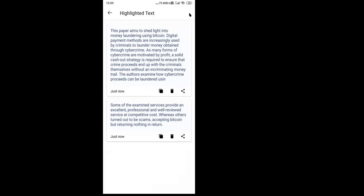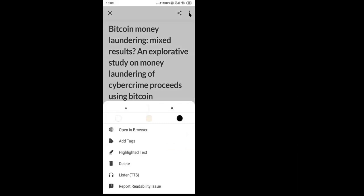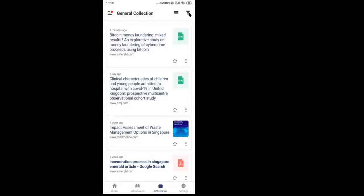In a similar way, there is one very, very important feature: if the user doesn't want to read, they may listen to whatever article they are saving, irrespective of the platform. If they are saving from Springer, from Elsevier, or any publisher's content, whatever they are saving, they may listen to that content directly via MyLOFT. Results. An explorative study on money laundering of cybercrime proceeds using Bitcoin. So this is the way our user interacts with